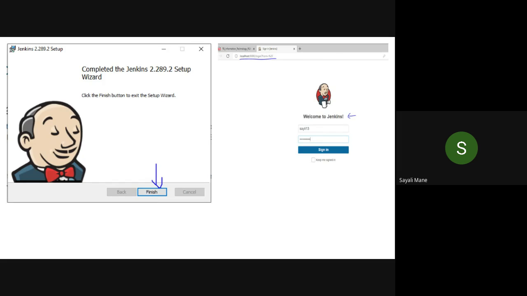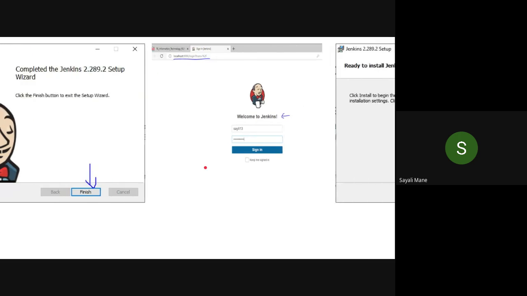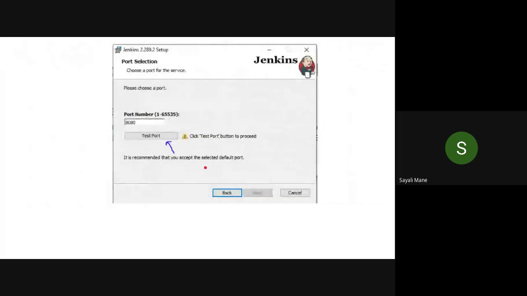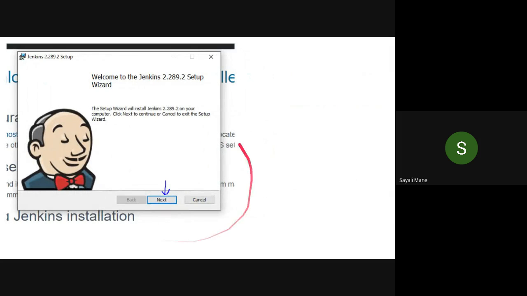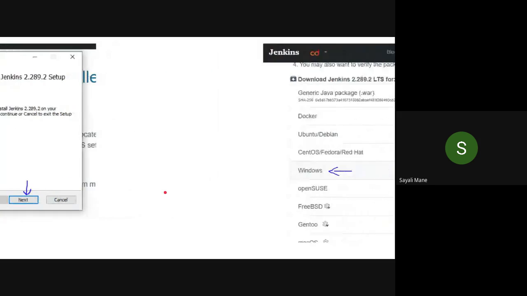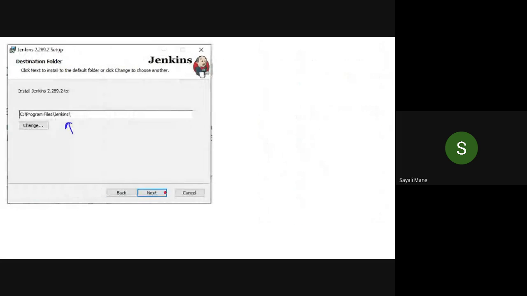Ma'am, can you just show all the installation images, 1 second? Okay, sure. I'll show you. Just wait a minute. This is the first one. Next you have to do. Next one, this default folder is there.